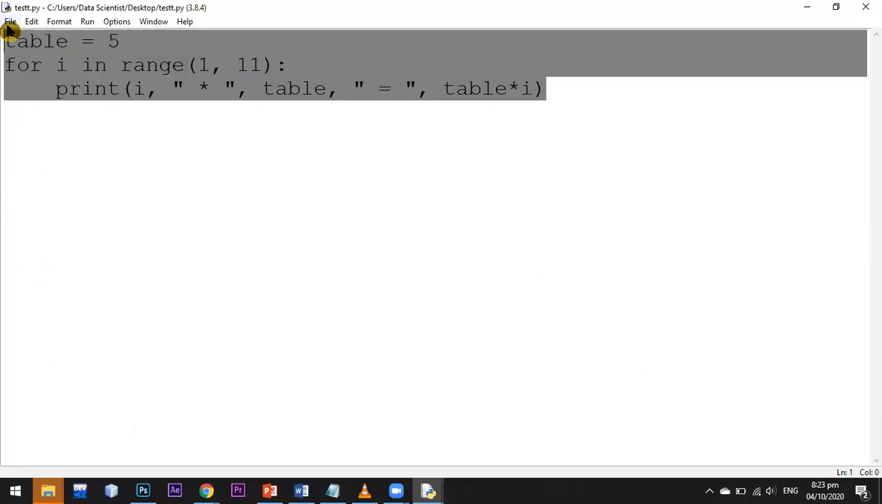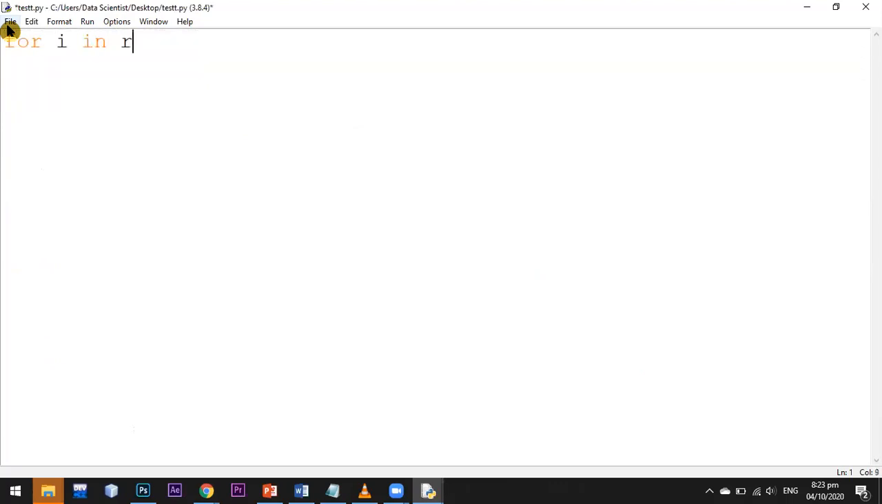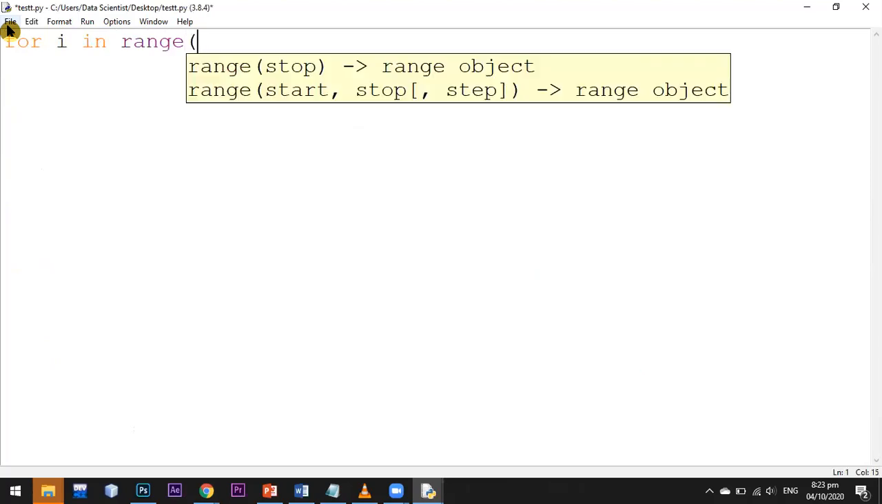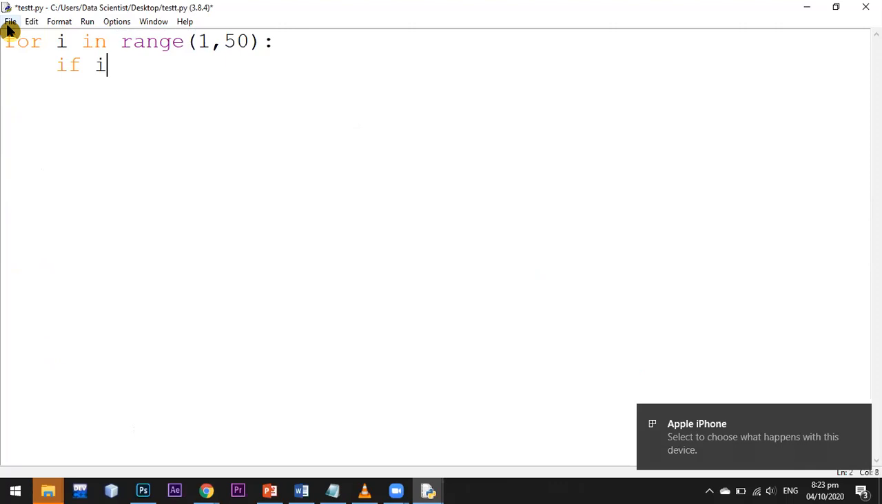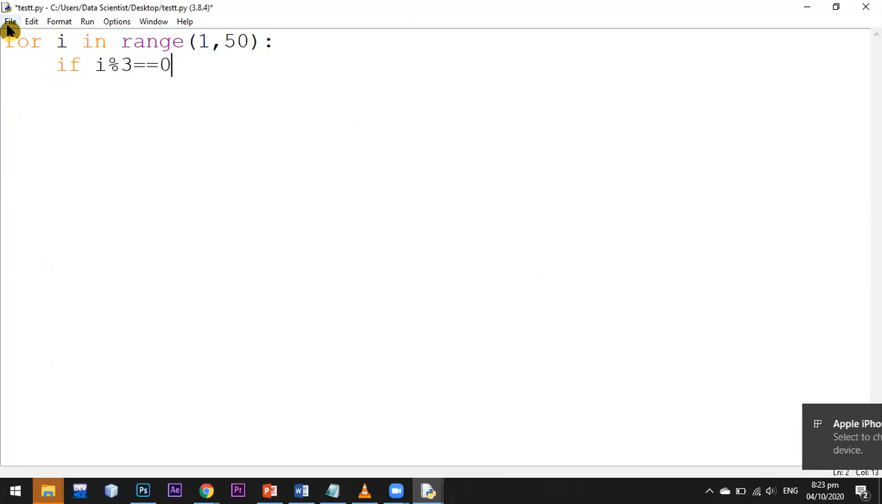I want to say print 1 to 50, but I only want multiples of 3. So for I in range 1 till 50, okay, less than 50, and if I remainder 3 is equal 0, means that whenever something is multiple of 3, if we divide them, it will return 0. Okay, then print